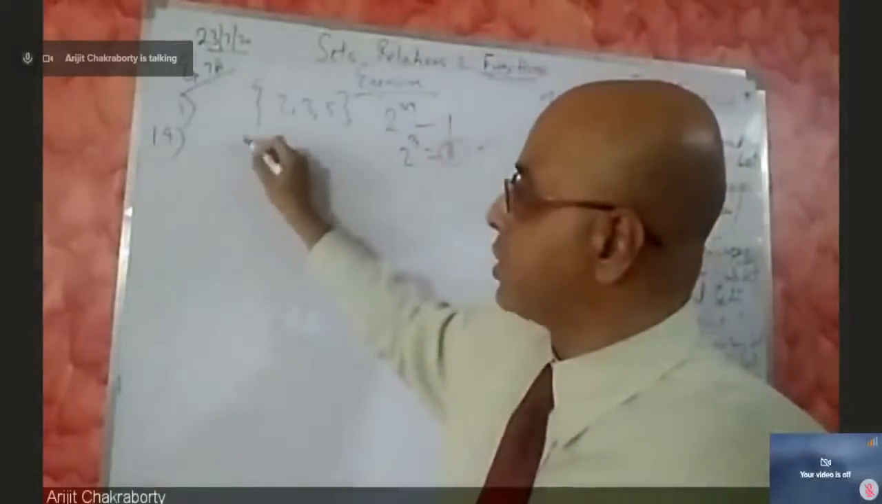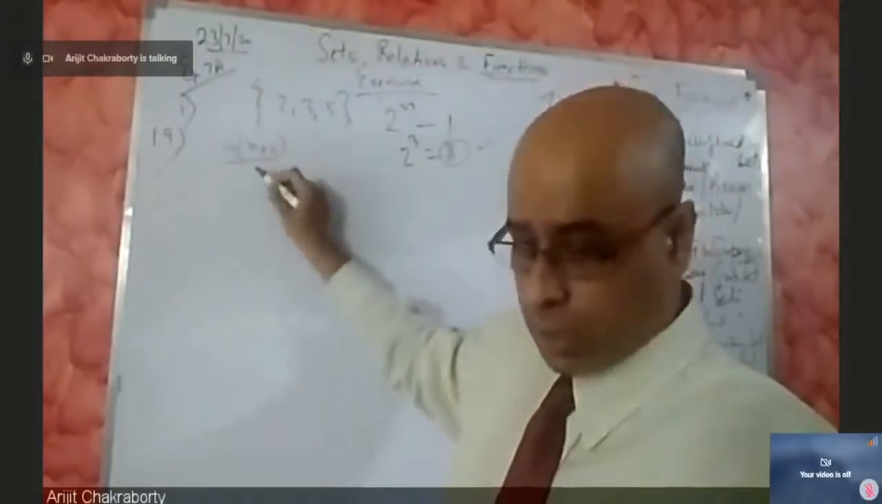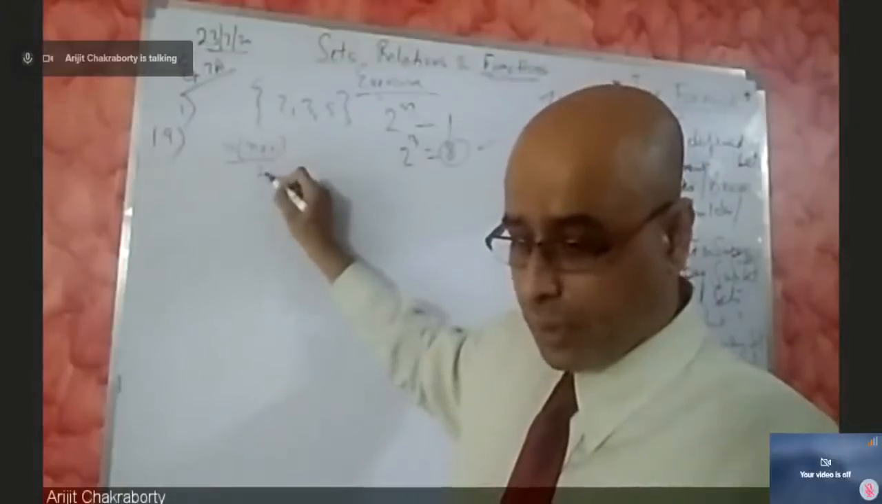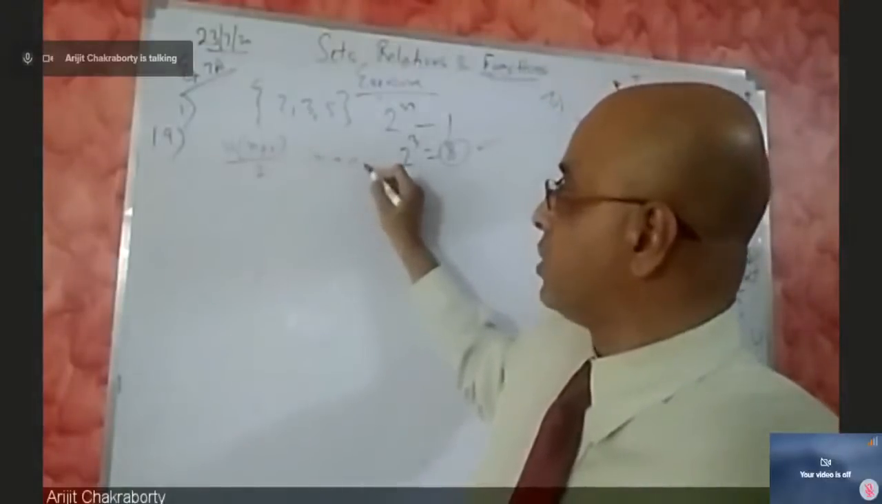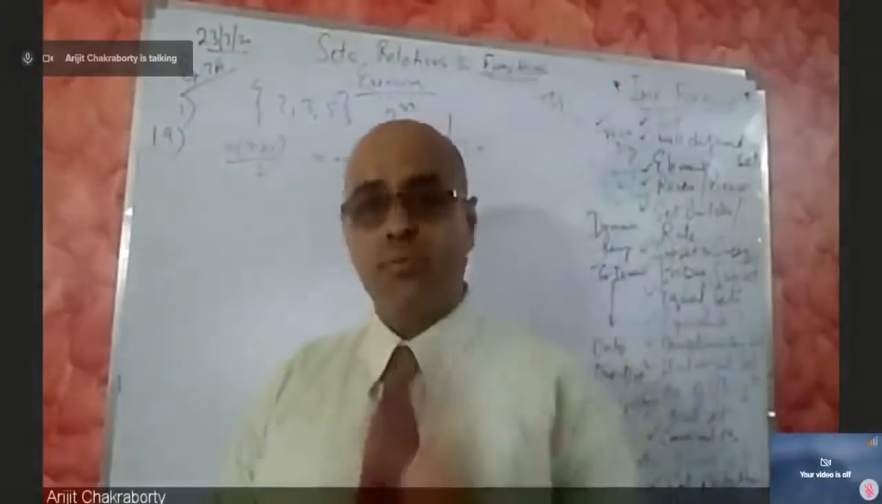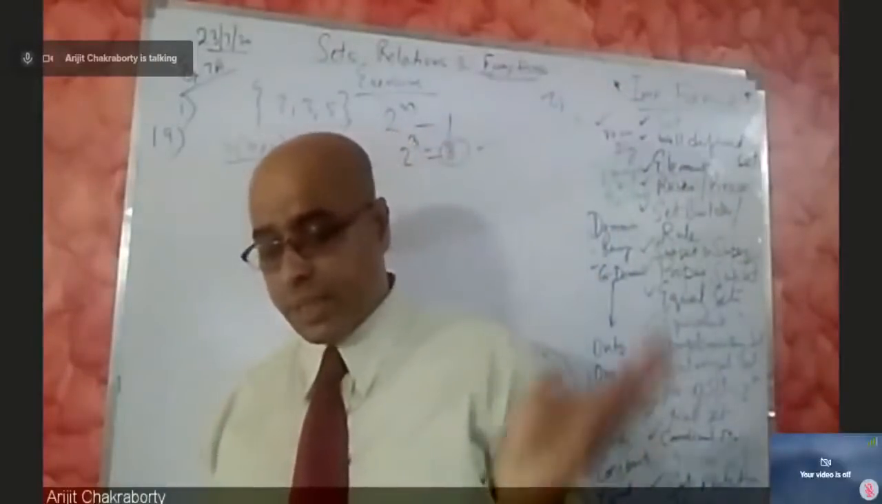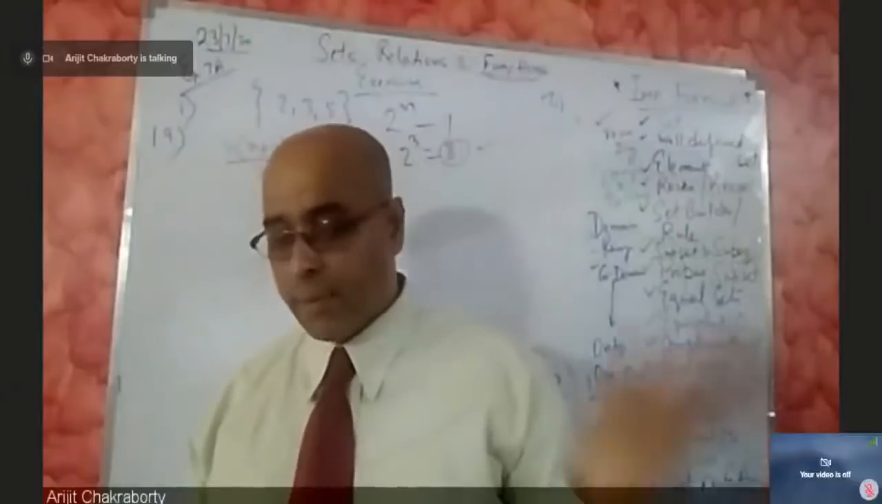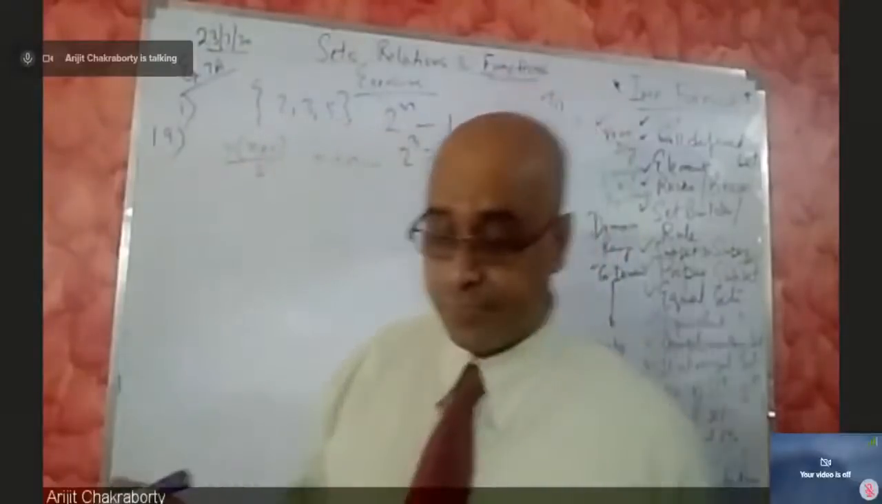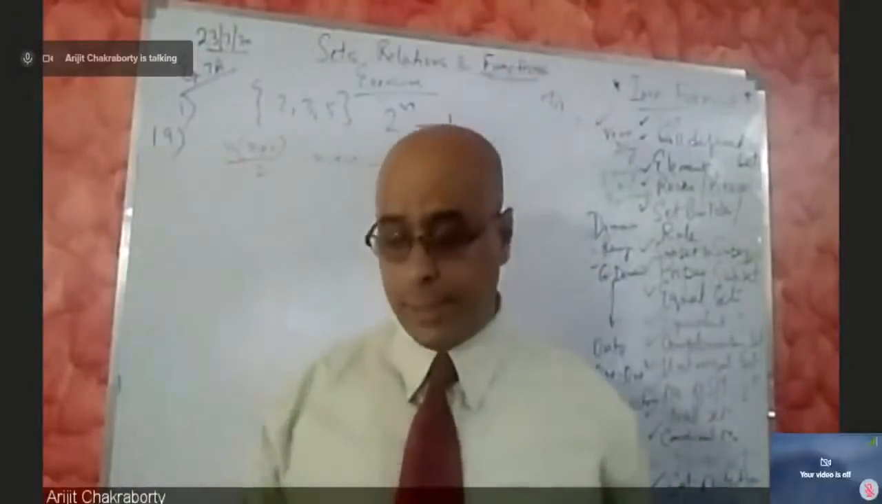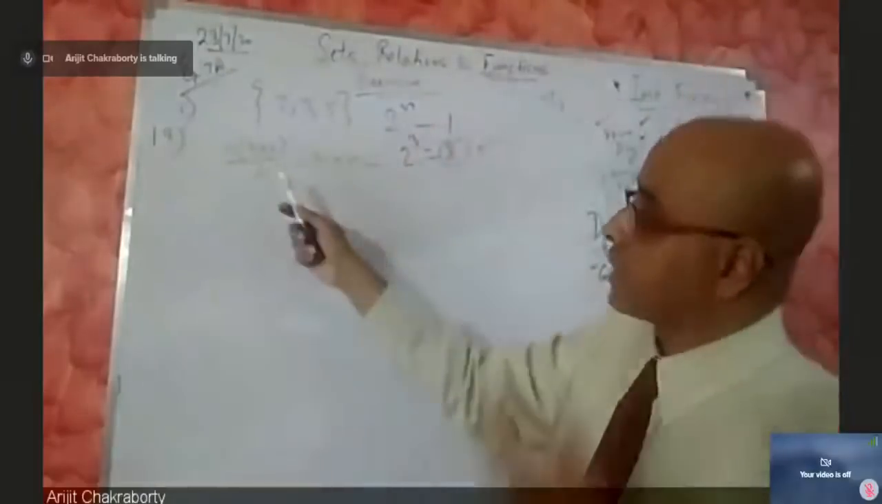n into n plus 1 by 2, and n is a positive integer. Is it a finite set? Is it an infinite set? Is it an empty set? None of these. Now, if n is a positive integer and the set is the set of n into n plus 1 by 2,